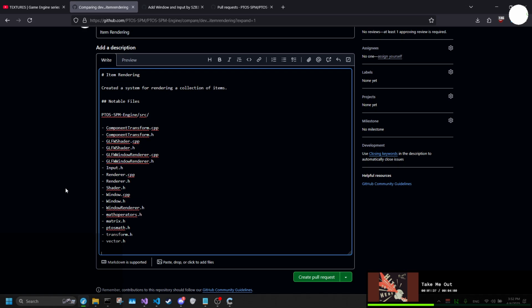And to test it, I needed a better, I mean, not really to test it, but just in the way I wanted to test it. I needed the delta time so I could move stuff around. Input kind of just happened because I was like, might as well. And then obviously shader, because that's part of rendering, and then the component transform because that's part of